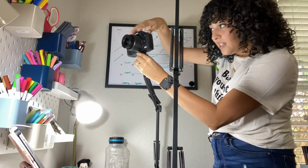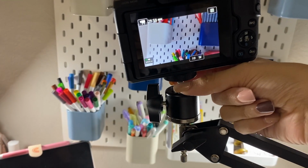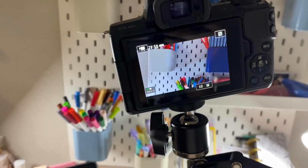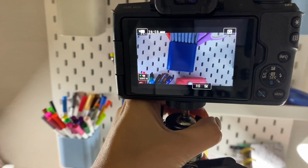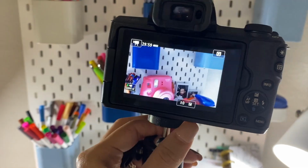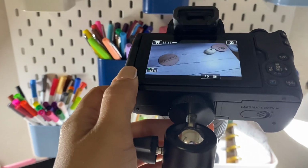I'll just twist it. All right, so on here, it has this ball where I can adjust how I want my camera to be in position, right? So I don't want this to be filming my pegboard situation. I want it to be filming down below. So you just twist this and let me